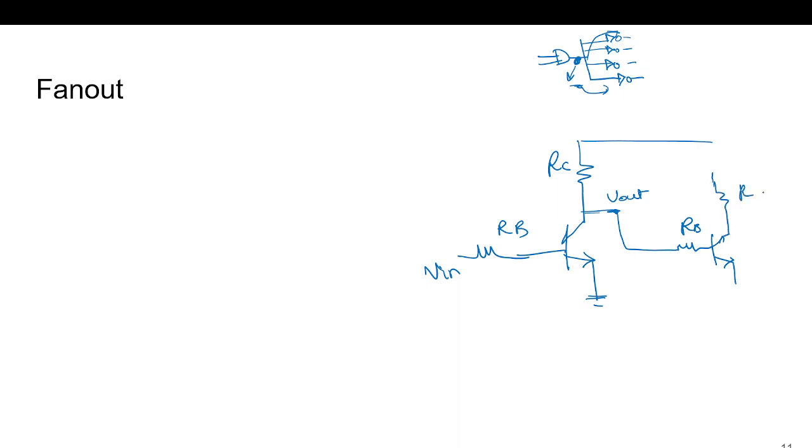This one is already connected to VCC, so I can tie it here. And now this is the output. Like this, I can connect. And this will be my Vout. So how many circuits can I connect? This will be dependent on, if I take that formula,